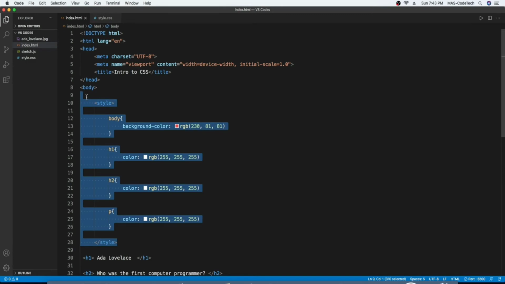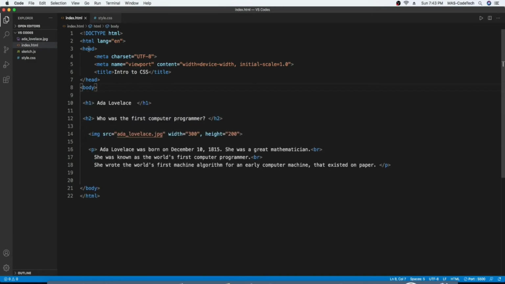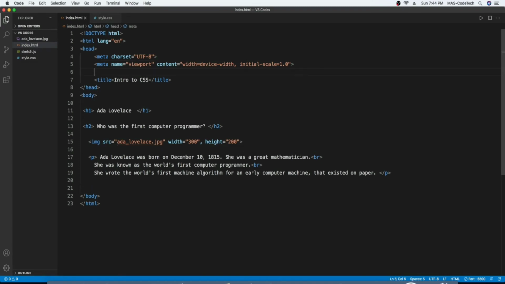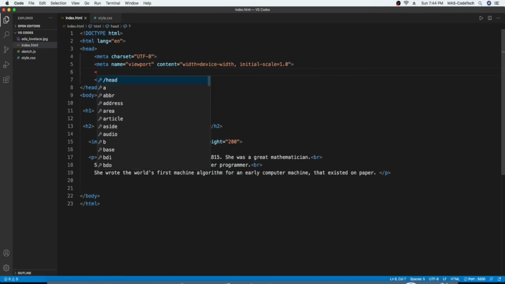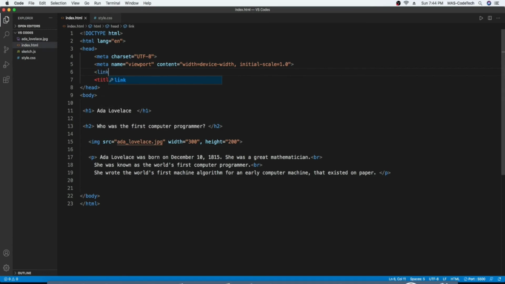Now I'm going to erase this all, and for the next way you have to go to the head, where it says meta charset, meta name, and then go under the second one and type in a less than sign, and then we're going to type in link, space, rel, which is short for relationship, equals quotation marks, and in between the quotation marks we type stylesheet, and then we do space, href, equals, enter, and then we type here style.css,